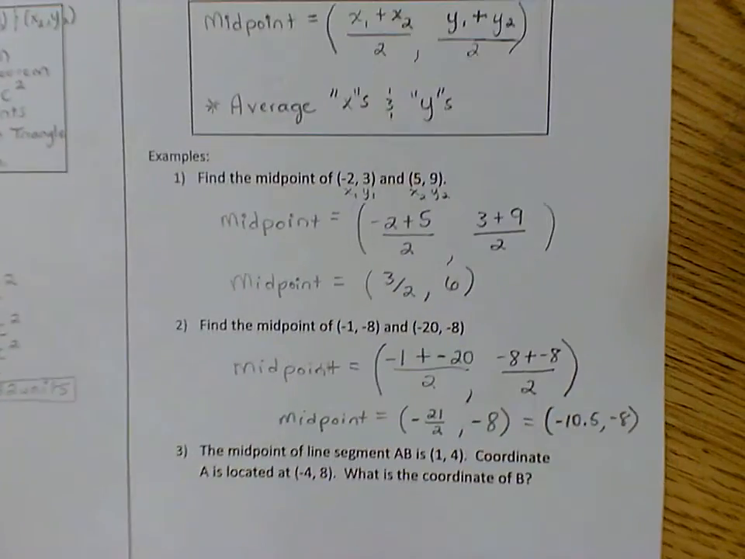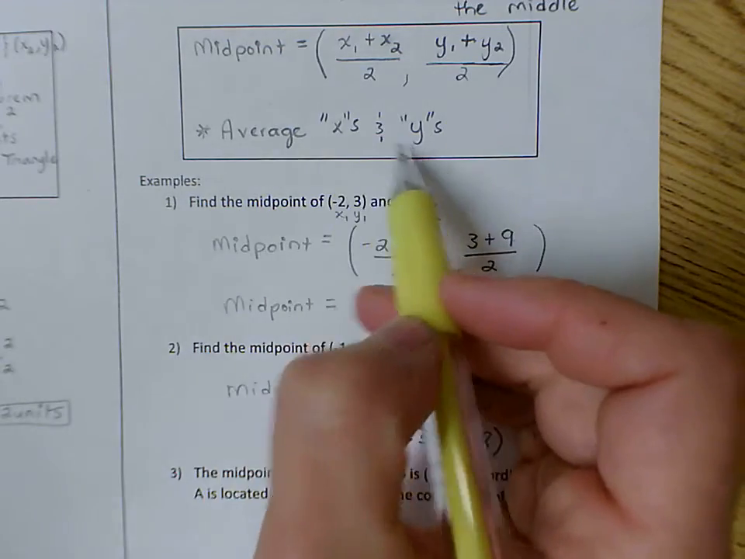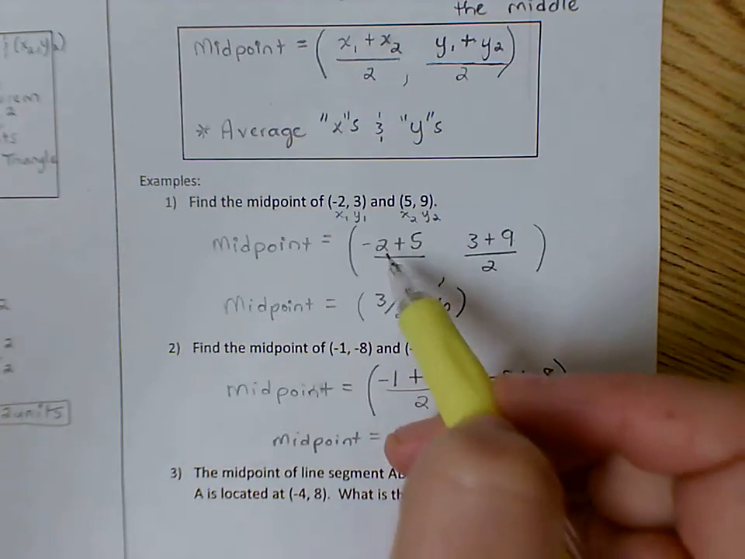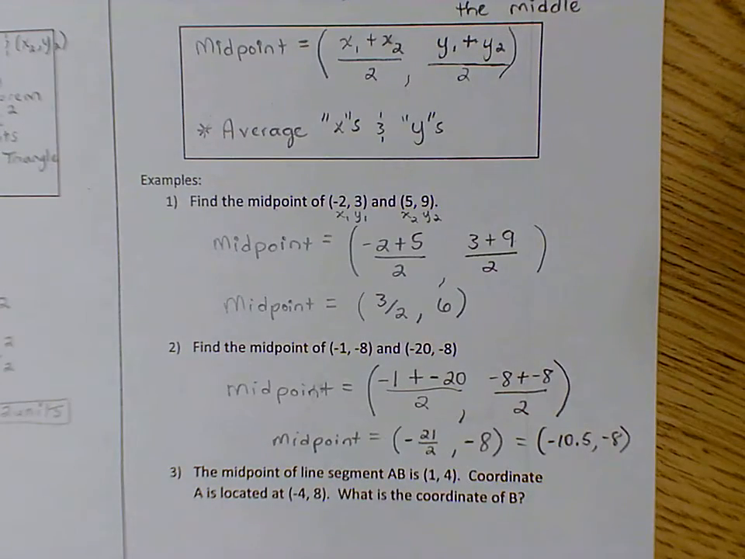All right, so that's how to find the midpoint. You can either plug it in the formula, or you can think about it where you're averaging your x's, so add them and divide by however many there are, and then you're averaging your y's separately. Okay,